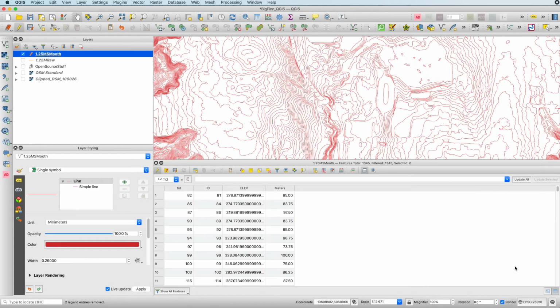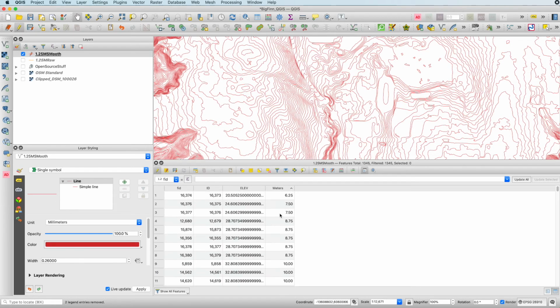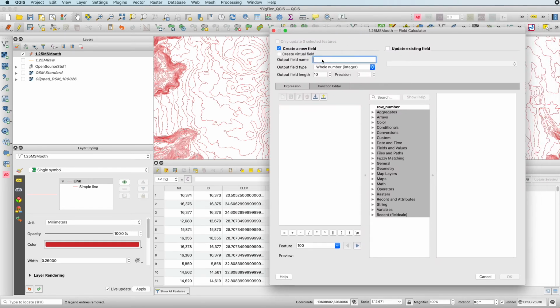Press OK. And now you see we have a new column that has the meters listed there in 1.25 meter increments. So nothing has changed besides we just added a column. Now we're going to use the exact same concept to add other columns. So opening up the field calculator, I'm going to add another column. This column is going to be 2.5 meter